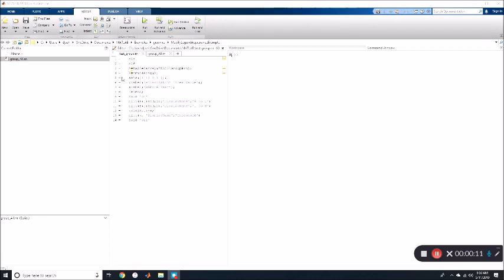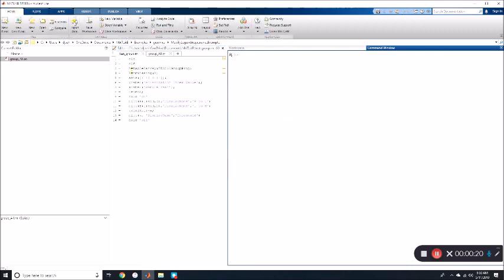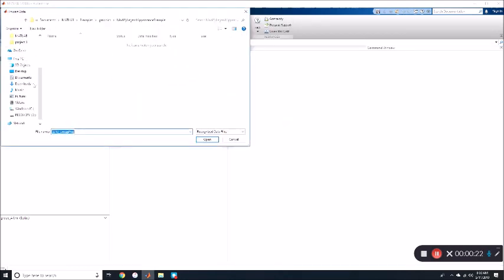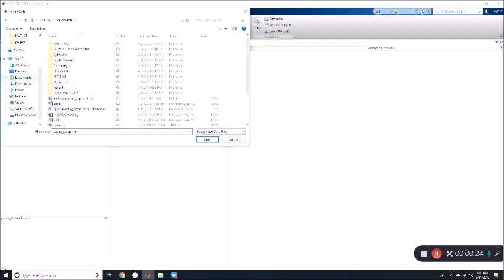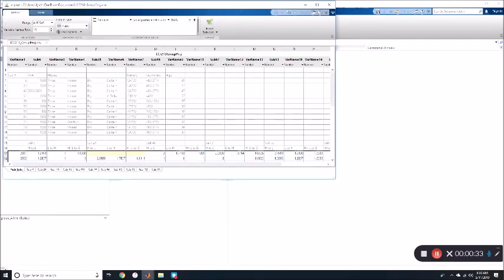Since the data we received was in an Excel spreadsheet, the first thing we need to do is import the data. So what we need to do is click Import Data under the Home tab, then find the project, the Excel sheet you're looking for, and open it. Then what it does is it opens it up in a